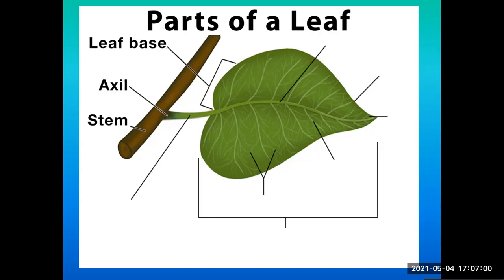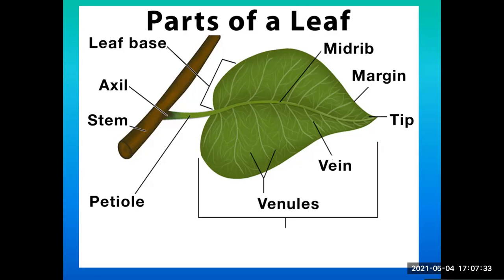That's the stem. That's the petiole. So leaf base and petiole are closely placed. When we come to the midrib, the petiole extends into the broad part of the leaf and divides the leaf into two equal parts, and that is known as the midrib. Then we have the leaf margin, which gives the definite shape to the leaf. Next, we have the leaf tip, veins, venules or veinlets, and the leaf blade, which is also known as lamina, a term you are going to use in higher classes.